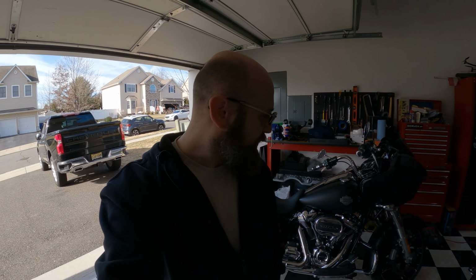I do like blackout bikes as well, but there was something about this color combo and chrome that made it flow very nice, at least, like I said, to my taste. And so I did take it for a ride, and it's a big bike. It's super comfortable. It's a 114, as you can see, and it's got plenty of power for the size of this bike, and I really liked it. Thought long and hard about it, and decided that I was ready to trade in my Harley and